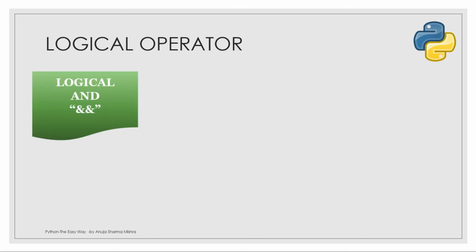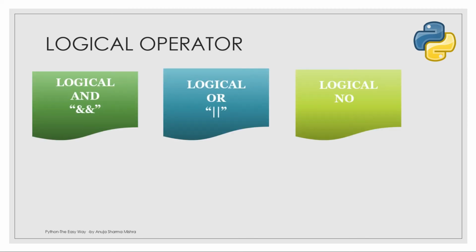Next type of operator which we will be studying today are called logical operators. So we have got 3 logical operators, that is AND, OR and NOT. For AND you have to use the ampersand sign twice. For logical OR you need to use the pipe operator twice, and then for logical NOT, you have to use the exclamation symbol. Right? So let's begin. I'll show you how it works.